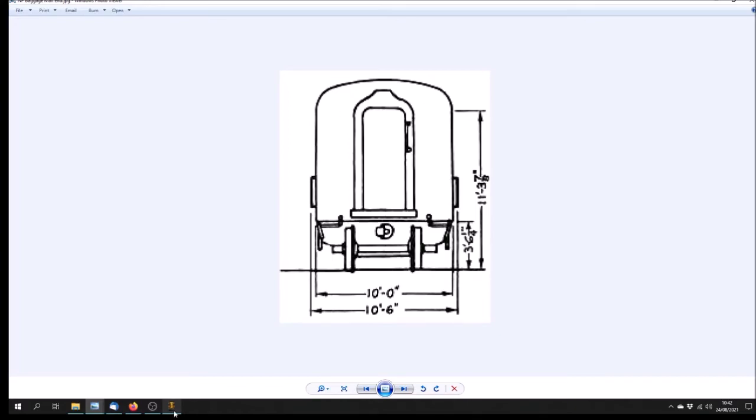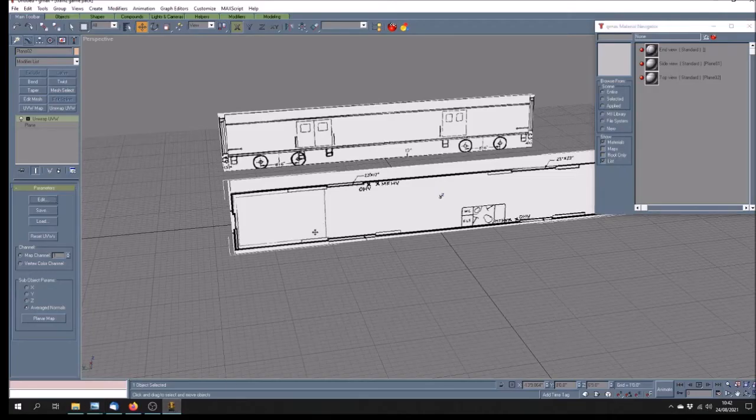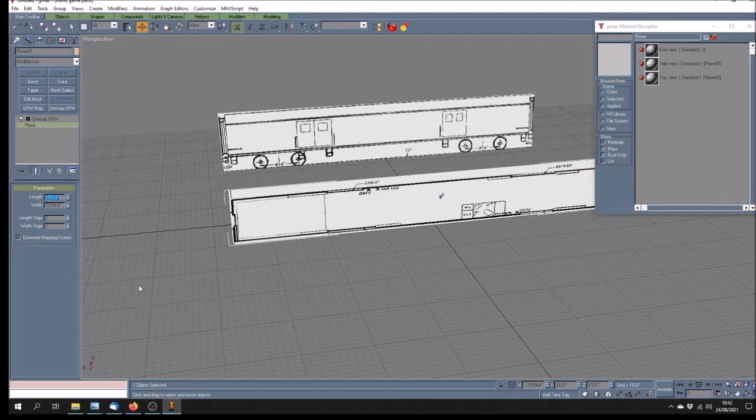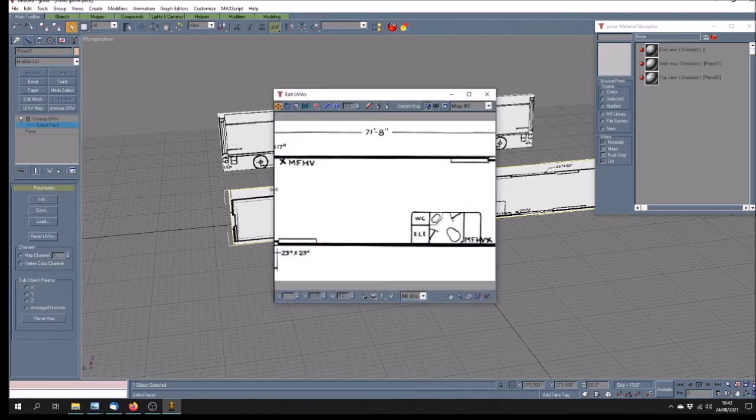Not worrying about the pixelation. So let's go back to the plane. We know 73 foot 10 is okay, but now we want the width, even though it says length there, don't worry about that. We want it to be 10 foot. So the plane is now the correct size, but of course the image on that plane is incorrect. So we open this one up,